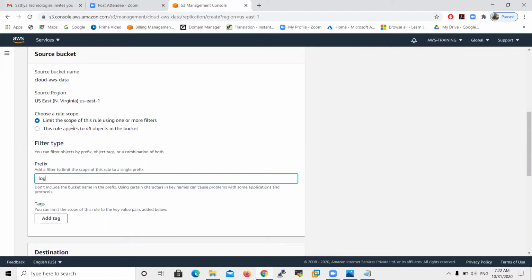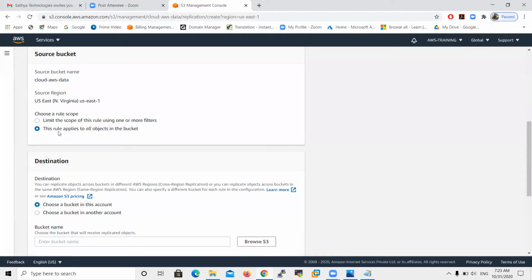That is called limiting the scope of this rule using one or more filters. So only the objects starting with the log name are replicated to the production bucket.